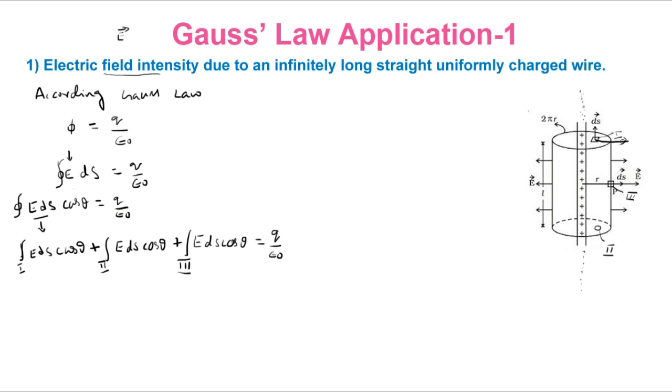The field direction is like that, the area direction is upward, and the angle between the area and the field direction is 90 degrees. Clear? And the same thing here: the area direction is considered downward, and the field direction is like this. The angle between these two is also 90 degrees. But here the electric field direction is like this, and the area is also in this direction, both in the same direction. So that's why this is 0 degrees.